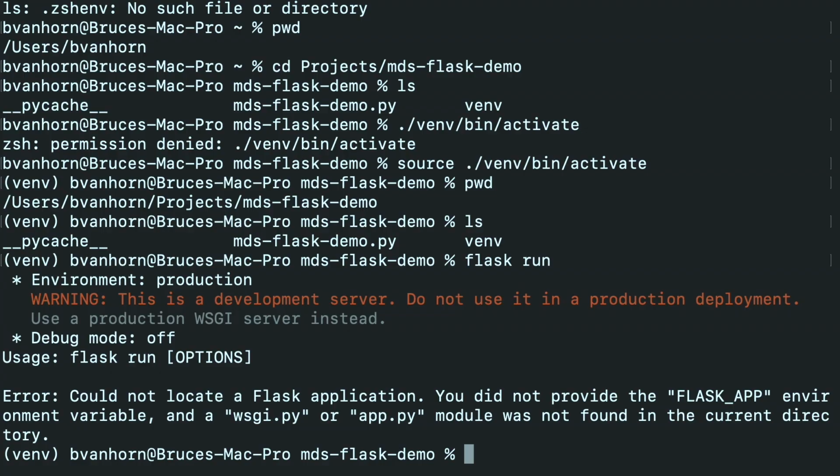Let's switch gears and go look at macOS. Here I am in the same Python project I was looking at on the PC. As before, if I try to run it, it won't start, telling me that it can't find the app, even though it's sitting right there. But watch this. If I type export FLASK_APP equals, and then the name of the file that it's looking for,